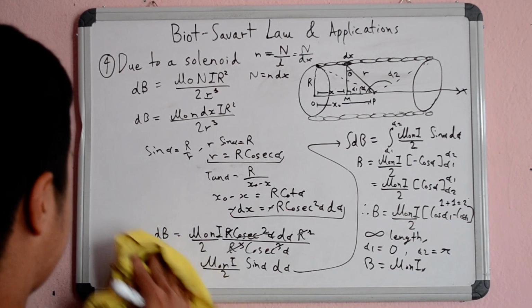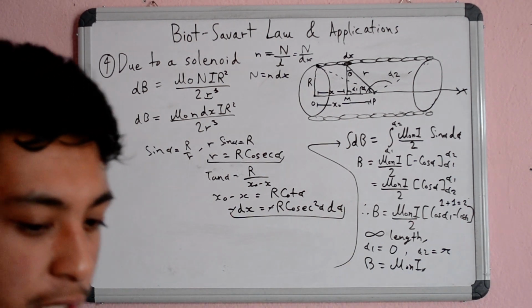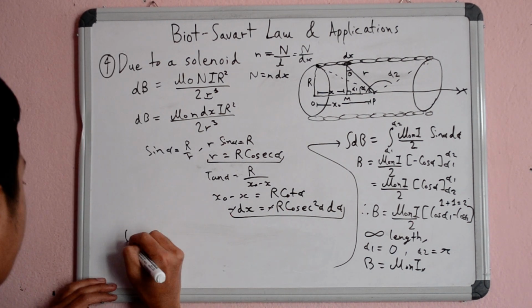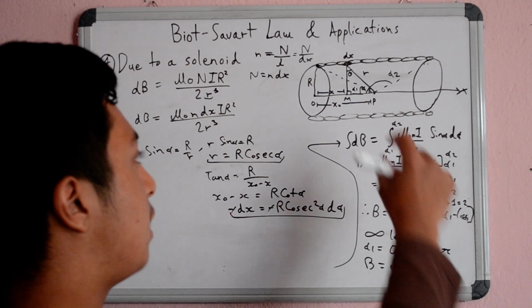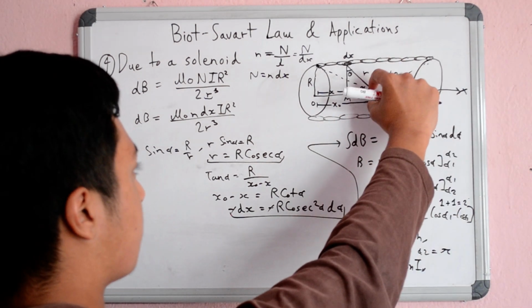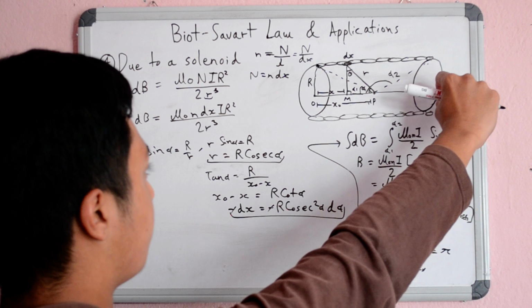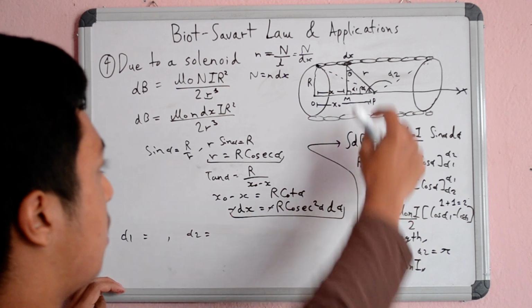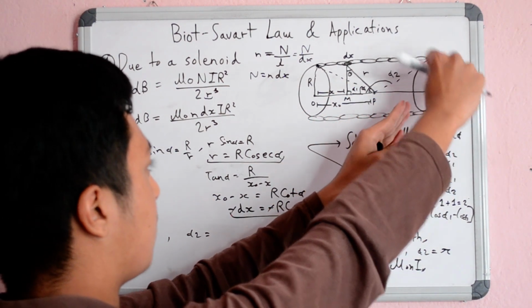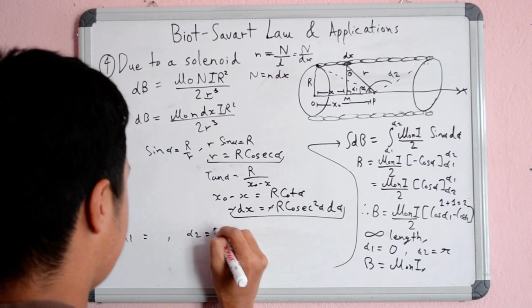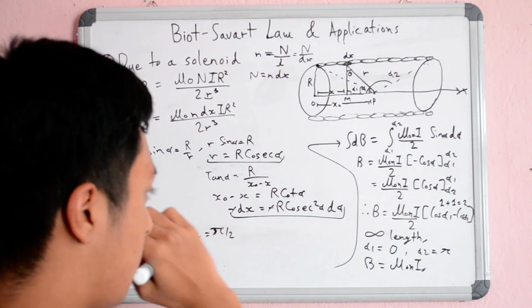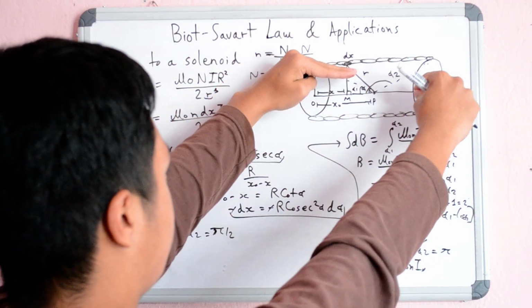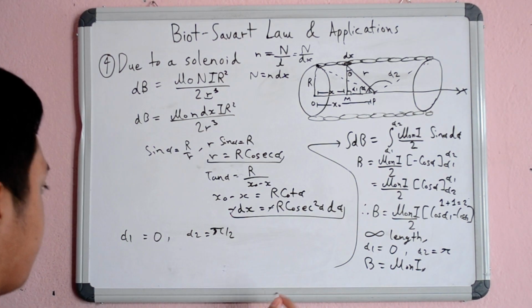There is also another case when one of the lengths is infinite. So when one of the lengths is infinite, when the point is on one side, let's just take point P on this side right here. That means, well, first let's find the easy one. If you put this right over here, then this whole thing will be 90 degrees, and cos alpha 1, well, if you put it right here, then this would almost be 0. So putting it